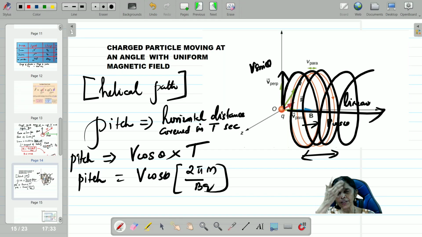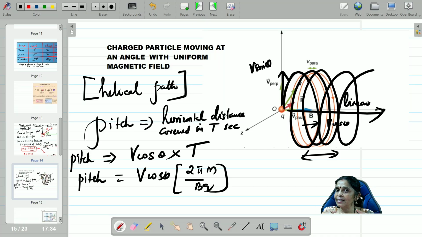All the cases we have seen. Now we are going to go for the Lorentz force. Let's have a quick recap. What is the magnetic Lorentz force? Any charged particle moving in the presence of a magnetic field experiences a force. That force, according to Lorentz, is q v B sin theta. How do you know that it is experiencing a force, children? Because any charged particle, whenever it is moving, produces its own magnetic field. Therefore, it is responding to the external magnetic field. So in vector form, you can write it as q into v cross B.